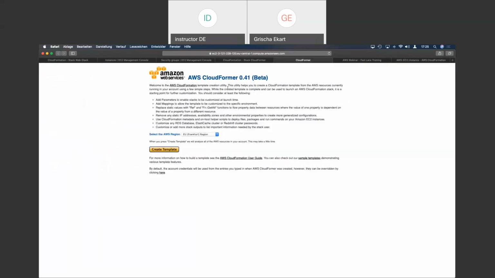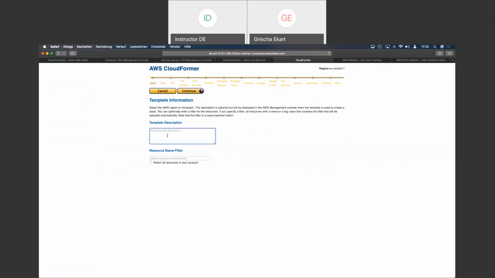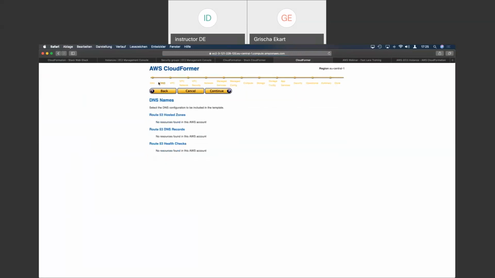Right, this is now the CloudFormer, and it's going to give us a template out of our existing resources, or whatever you have in your region. It'll take a while. Then you can apply filters. So my first template, right? And let's search for EC2 resources. You can see here that's a process that's going to go through. So it's going to ask you for all and any of these things that you want to include in your template. Now I just click through all